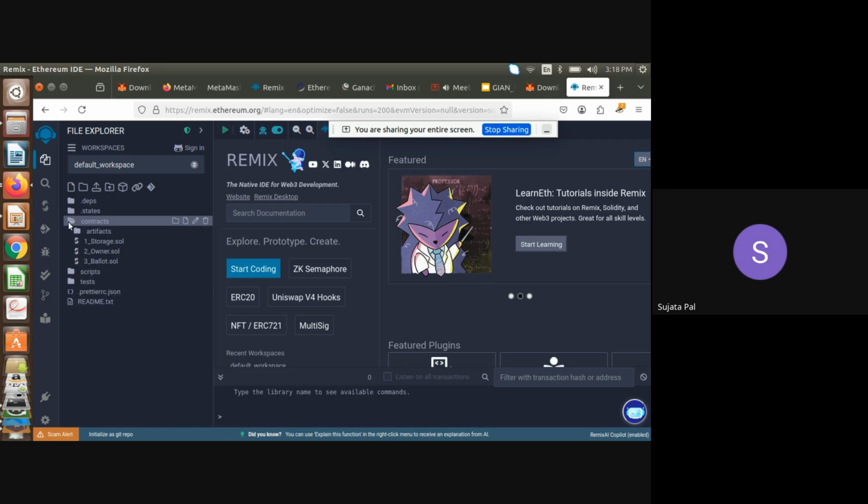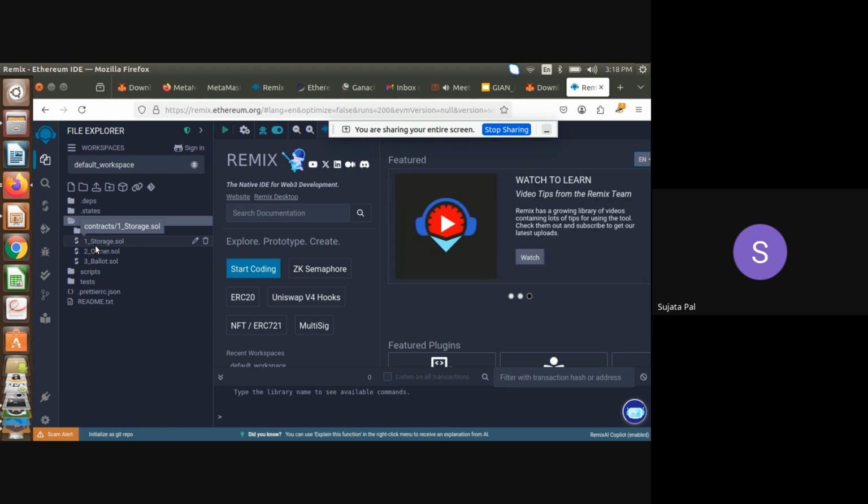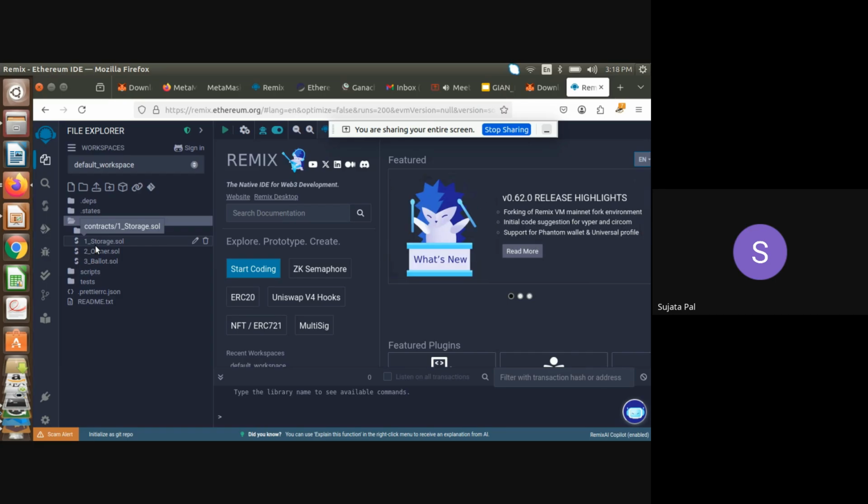If you open it, all of you have the contract folder. Either you create a new folder or open it, or you will get storage already. These things are inbuilt. Yes or no? Storage, owner, balance.